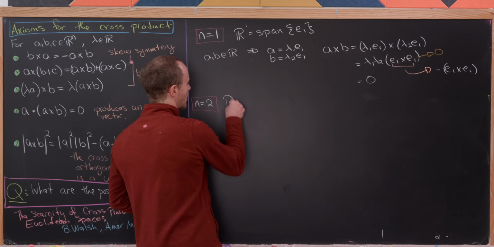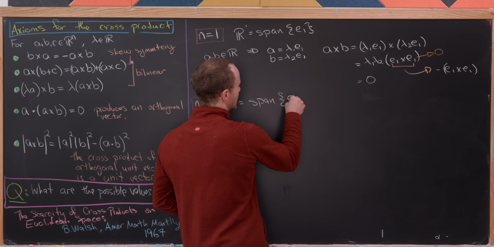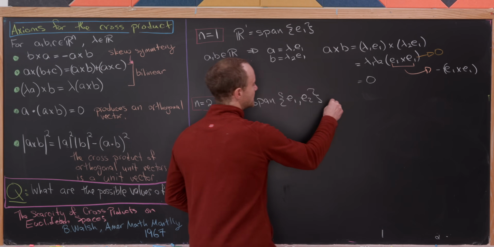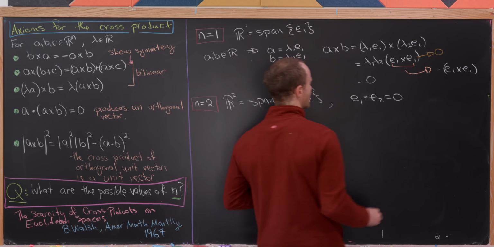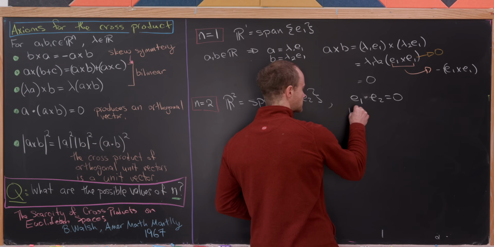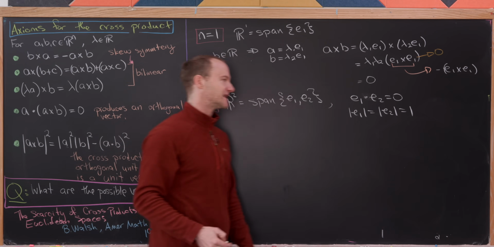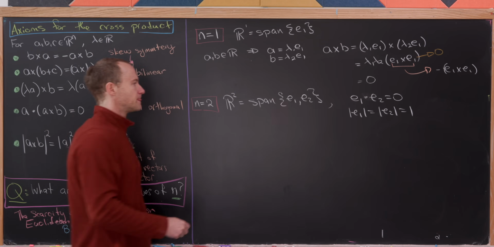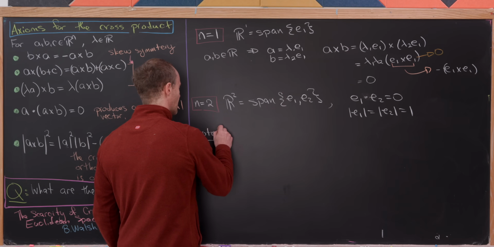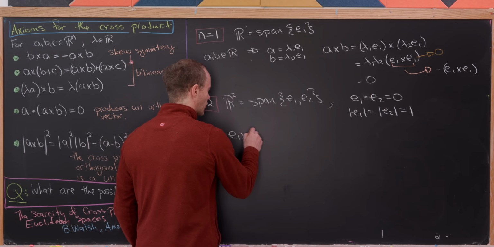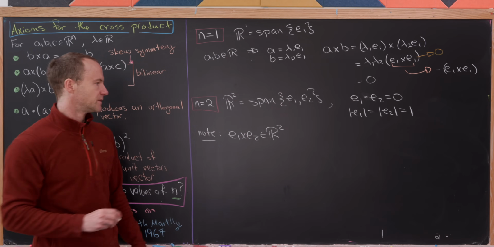So let's take R2 to be equal to the span of E1 and E2. And here we'll have E1 dot E2 equal to 0. In other words, they're orthogonal. And we'll have E1 and E2 both unit vectors. Okay, but then note that we know that E1 cross E2 is going to be inside of R2, but that